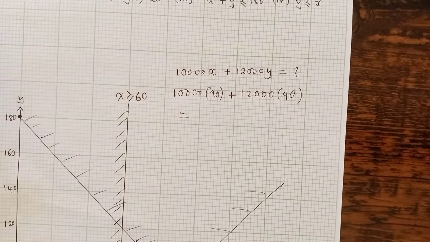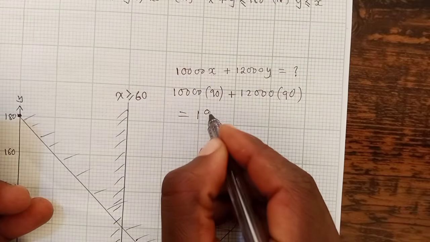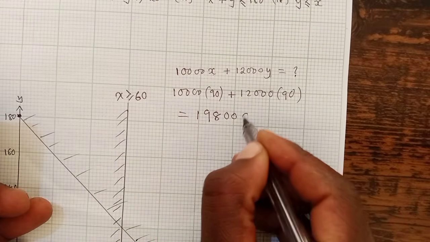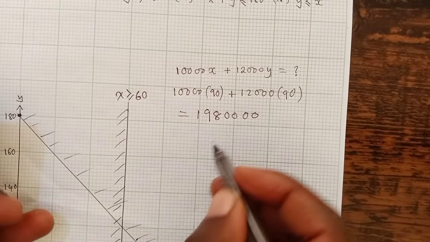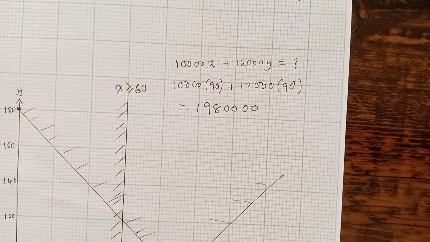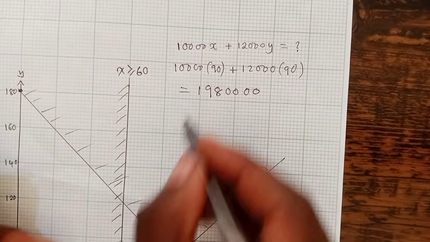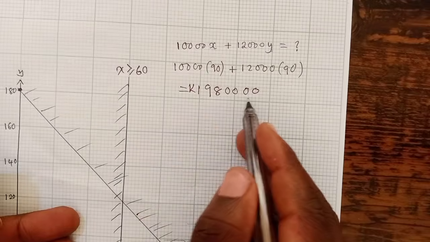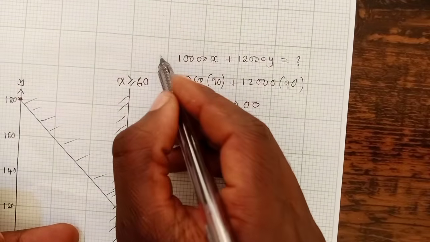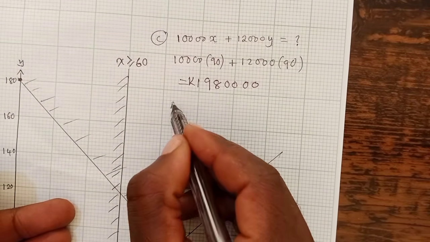If you check on your calculator, what are you getting? 10,000 multiplied by 90 plus 12,000 multiplied by 90. So we're getting 198,000 as the highest profit. Okay, this is the highest profit, of which, this is question C,